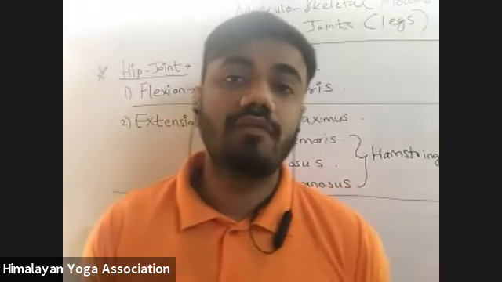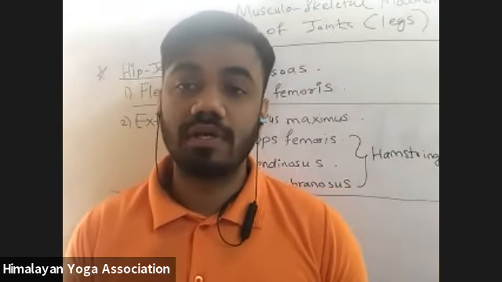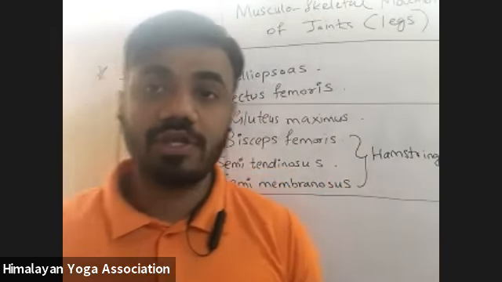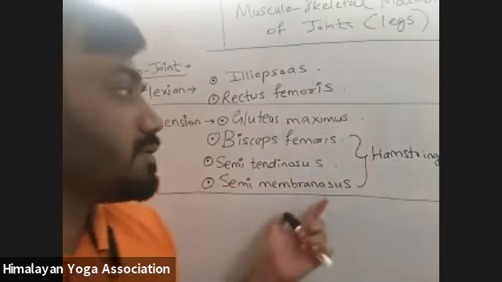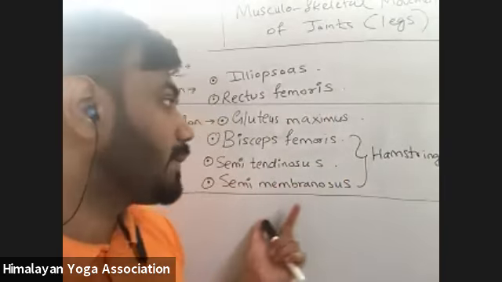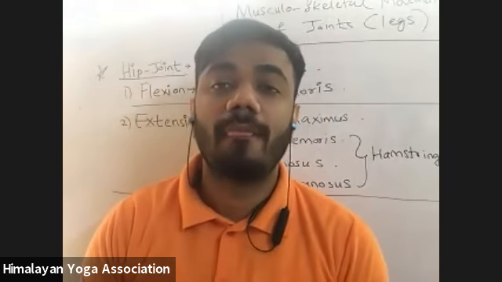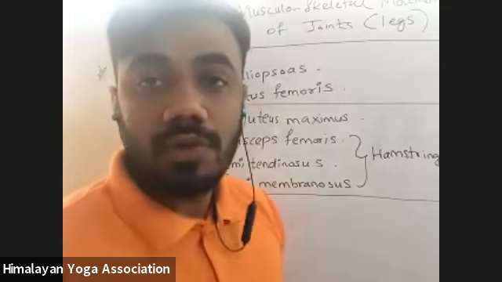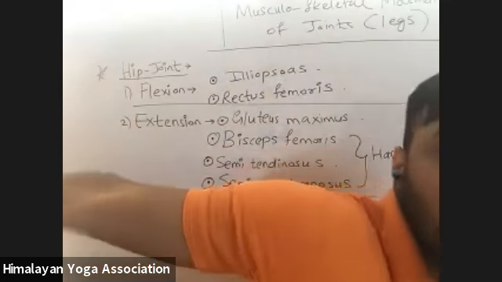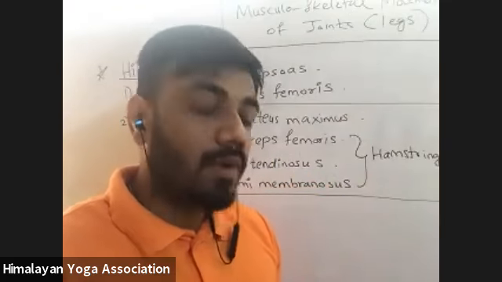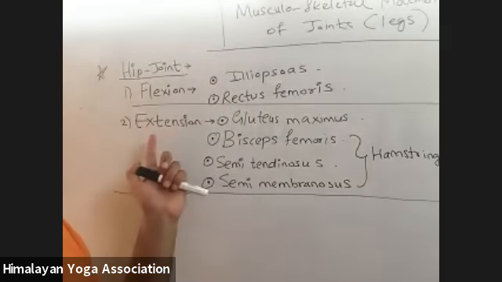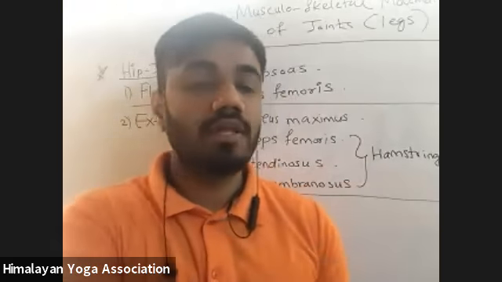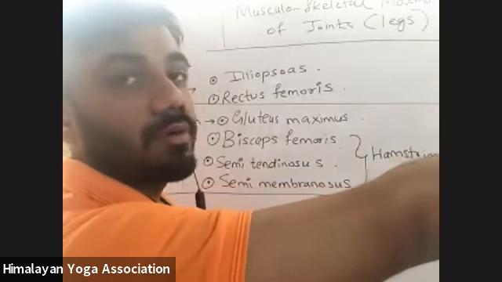I am not saying that we have to stretch our hamstrings here. This is not the hamstring stretch. Hamstring stretch will occur when we do hip flexion, but hamstring engagement will happen when we do hip extension. That means we stand straight, we do the bow pose, or we bring the leg up from behind, like in Natarajasana. From our hip joint, if we take the leg straight back, that is hip extension. And if we bring the leg straight in front, this is hip flexion.